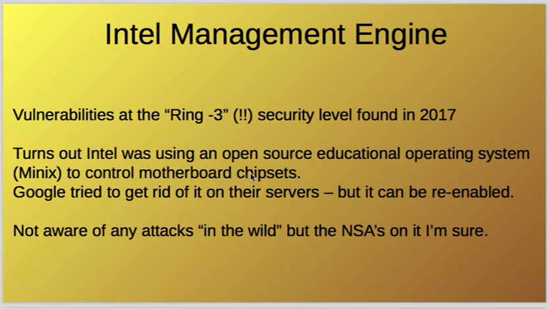So this is, you could say, a level below all of the CPU and all of those permissions. So actually, people call these vulnerabilities at the ring -3 security level. And we'll talk more about what these